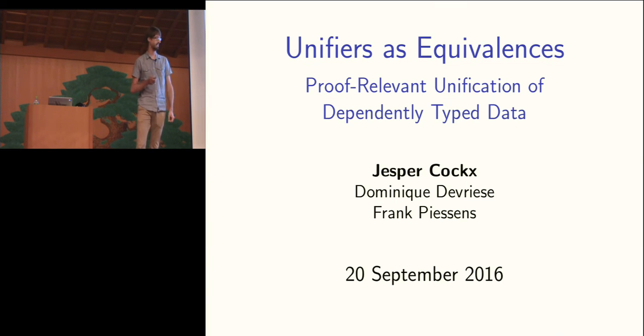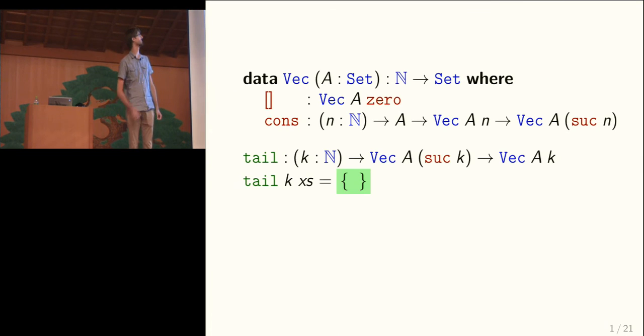Well, let's take an example, and I apologize to the people who were at TYPES for this example. They may have seen it before. So the example is vectors. These are length indexed lists. And it has two constructors. One for the empty vector of length 0, and one for prepending an element to an existing vector, increasing